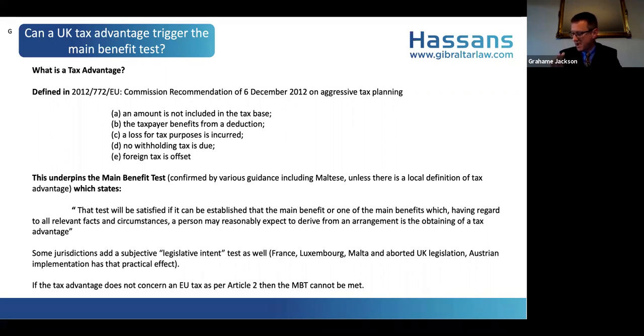I think that has to be the conclusion. What do you think, Harriet? I agree with you, not only because of what the DAC says, but also because of, and I know we've disagreed on this, Grahame, but